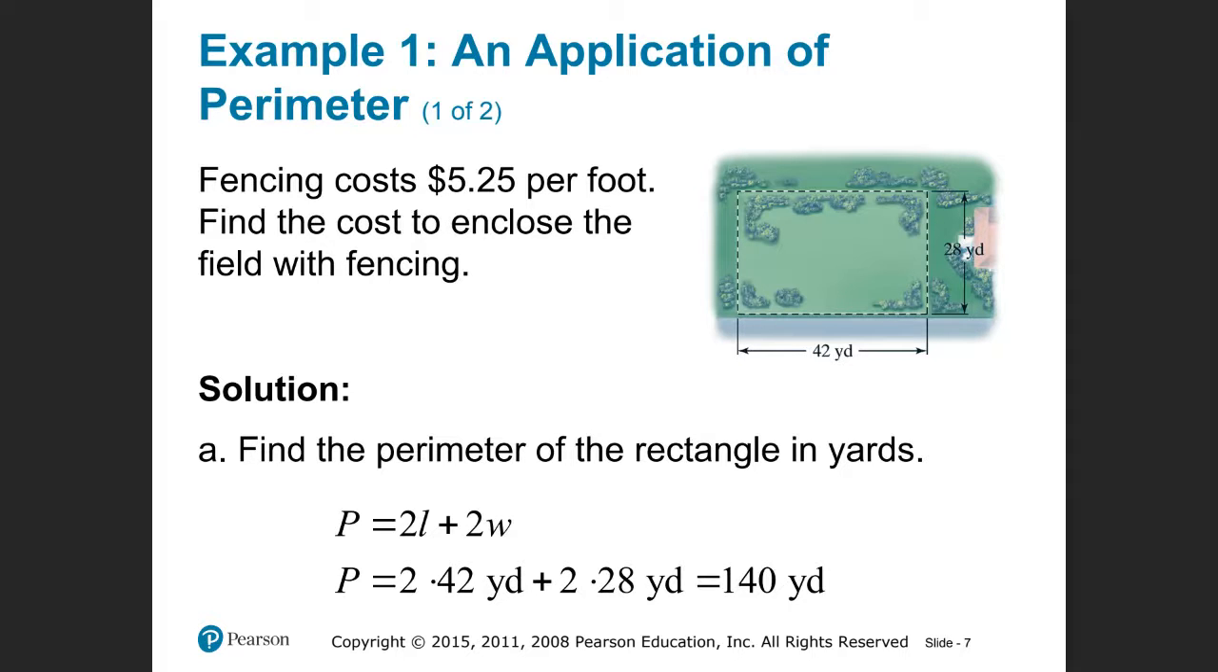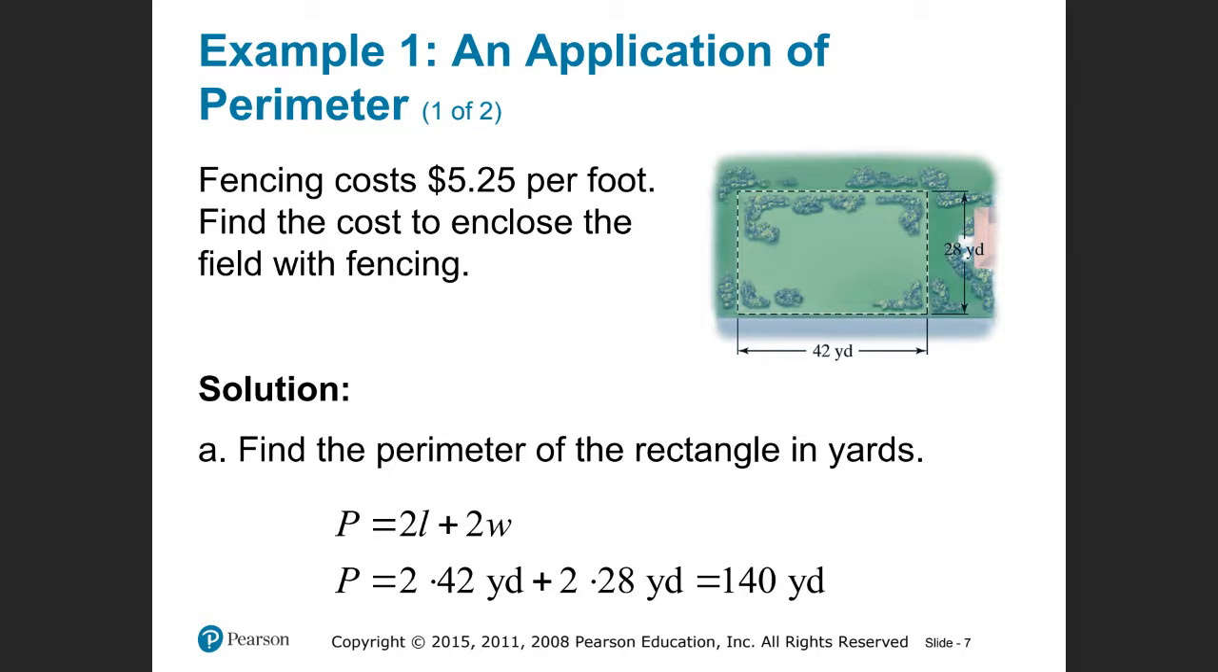This is where it gets fun, or some people think it's fun. These are some practical applications of polygons. This is an example of perimeter. Fencing costs $5.25 per foot. We want to find the cost to enclose the field with fencing. And we're given that